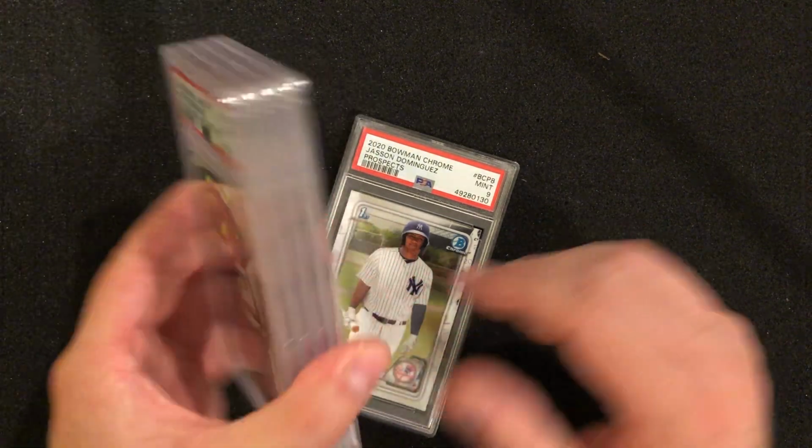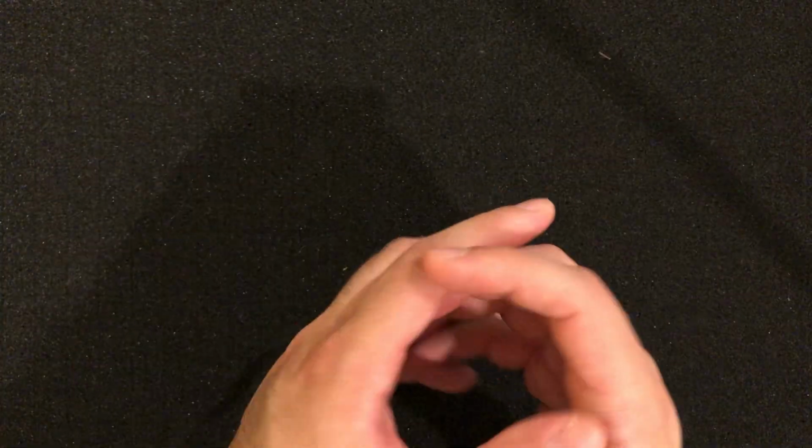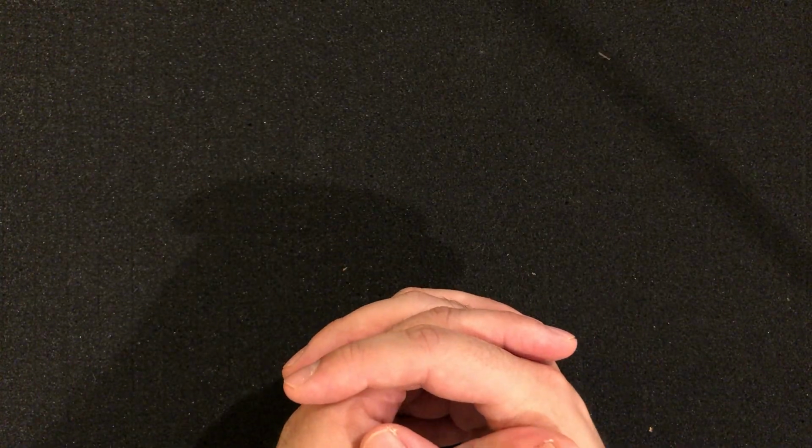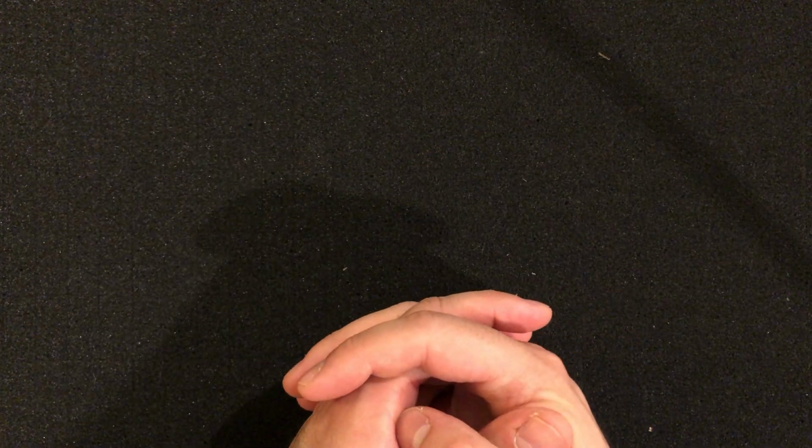I think he's going to have to do a lot to justify his current prices. But overall, pretty happy with the order. Might be a couple of cards that I resubmit, but